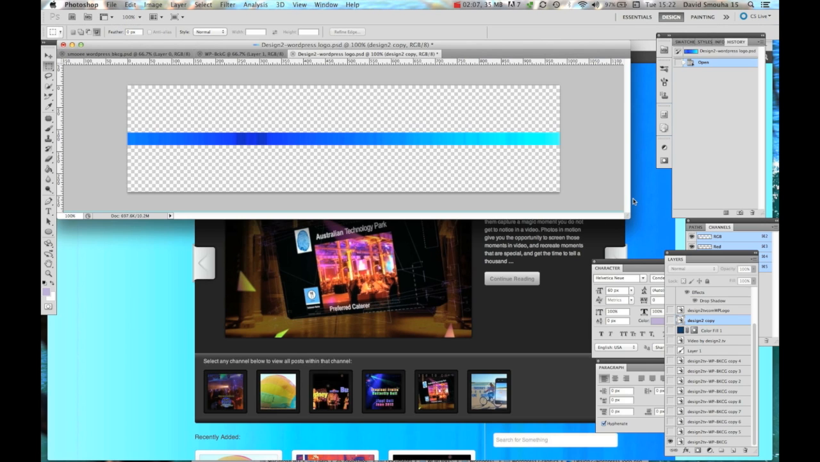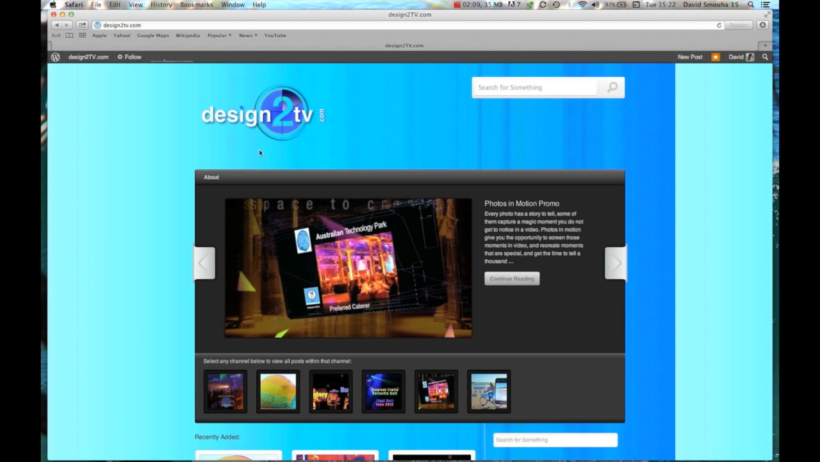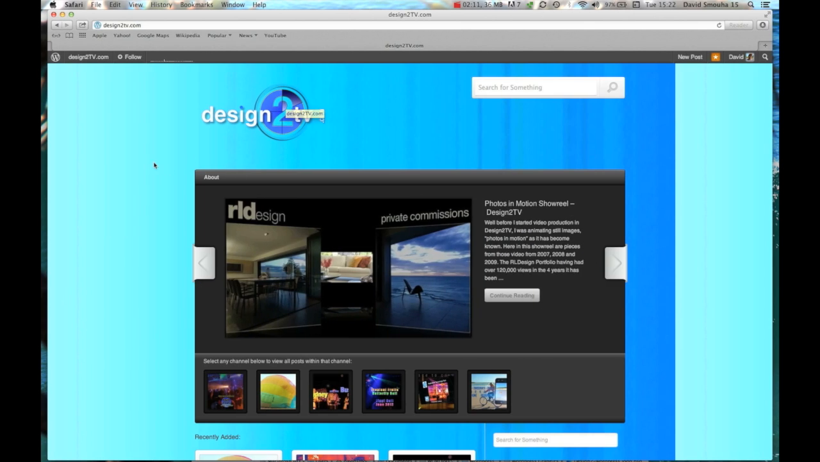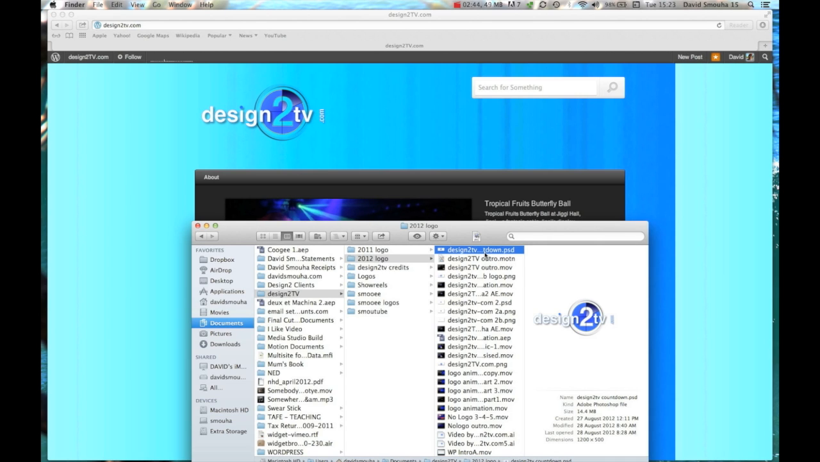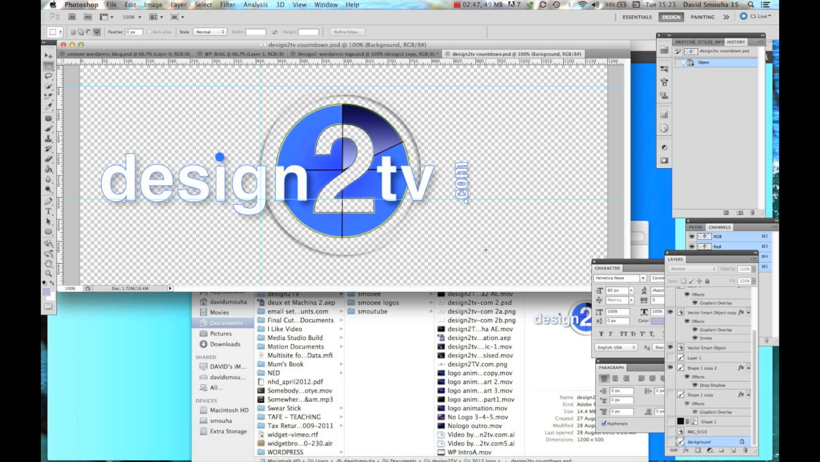And the other element that I've got here on my page is my Design2TV logo. Here we are, the countdown logo. There it is in Photoshop. A few little guides there still showing. Get rid of those. Now, obviously, don't put something that big up onto your site, so you have to reduce it. And I made a smaller version, which I saved as a PNG file and uploaded it as the